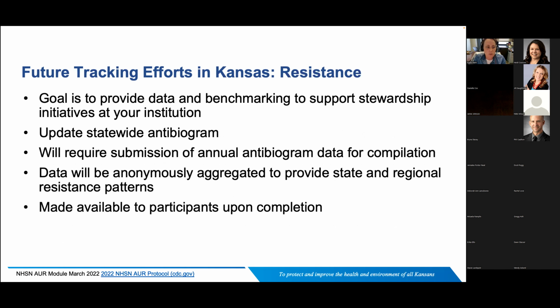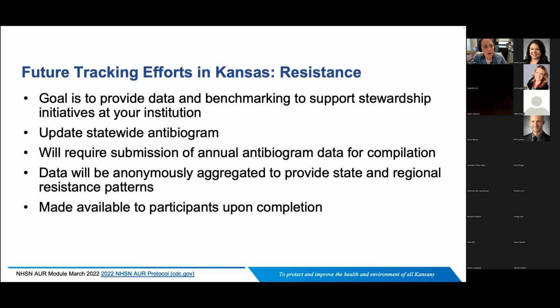And certainly, things that we're doing in Kansas to track resistance, we've created a statewide antibiogram. We're going to work on this for the next year, but this is downloadable. Actually, if you want to go to the KDH website, we're working on getting a next 2022 antibiogram. So as facilities have started to release their institutional antibiograms, we'll try to query you to send those back. Last time we got about 75 facilities, so it's pretty representative of the whole state, and you can look at just your individual region to see what that is.